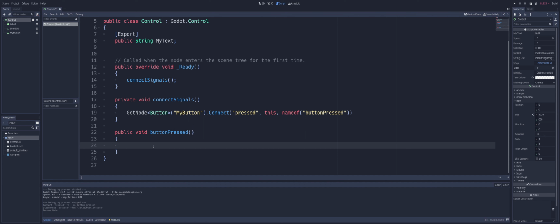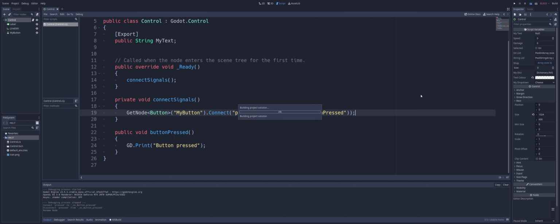So I'm inside of my button pressed function here. I'm going to go ahead and type GD, both of those characters are capital, dot Print with a capital P. And inside of our open close parentheses, I'll put a string, and I'll just say button pressed. And remember, at the end of our line here, we put a semicolon, and I forgot one up here where I was connecting. I haven't used C Sharp in quite a while. And if we go ahead and run this scene,